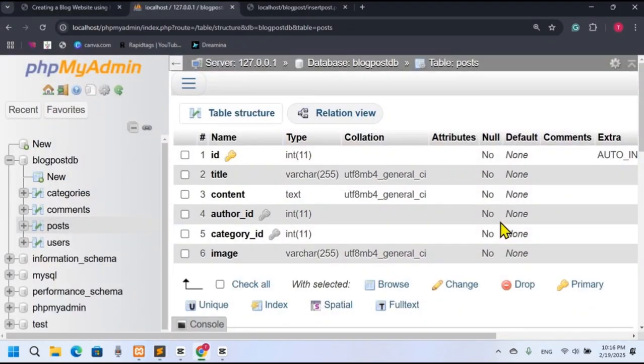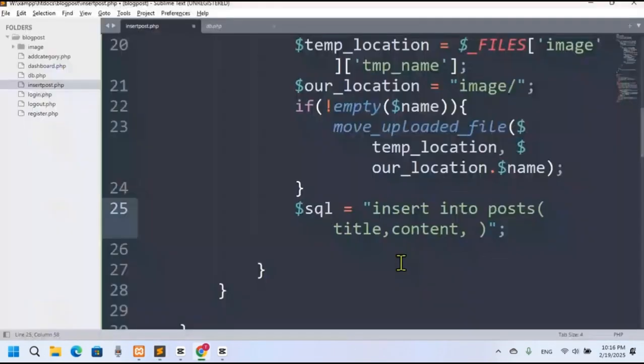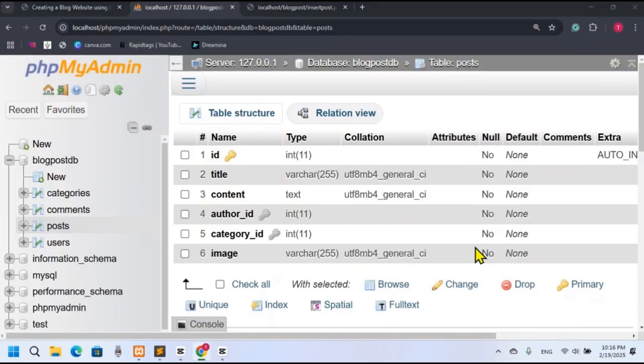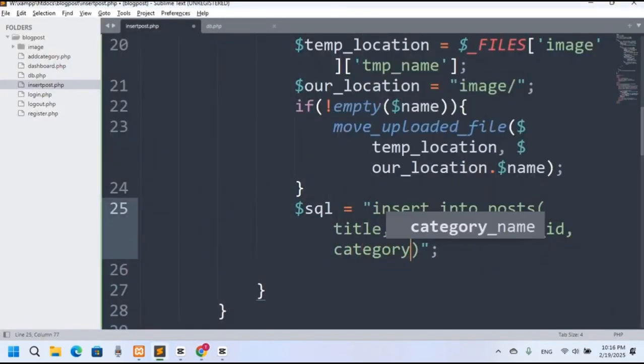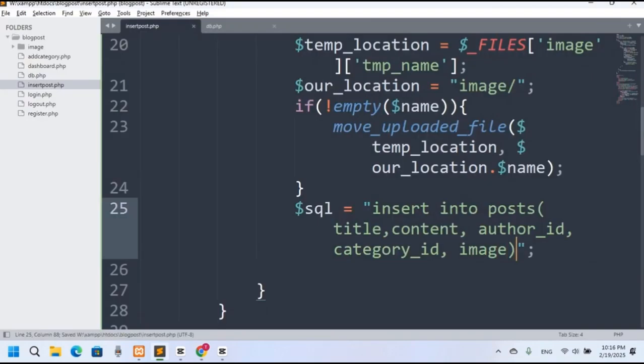Okay, and then we have author ID, then we have category ID, then we have image. And now I want to set values. So I will say here values